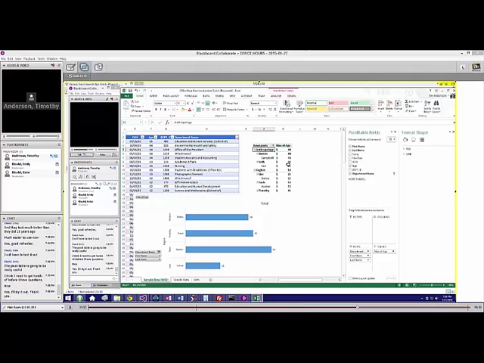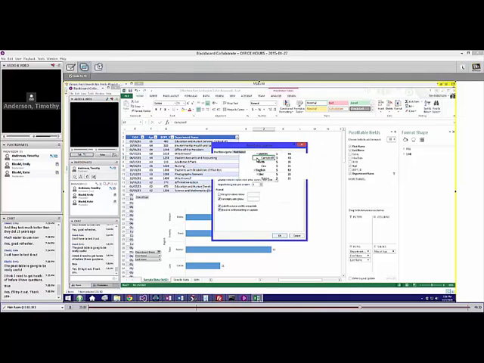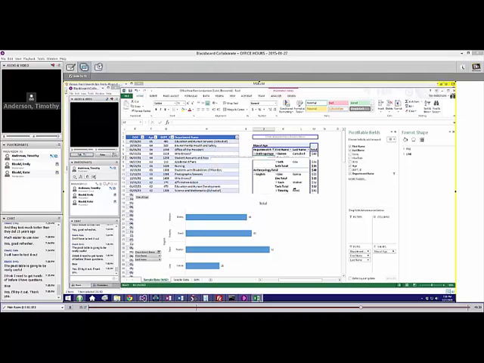One of the things I don't like about the modern pivot table is as I add fields, it keeps just layering them like this. So what I like to do is I'll right-click on this one. If I go into pivot table options and I go into the display tab, I'll do the classic pivot table and hit OK.